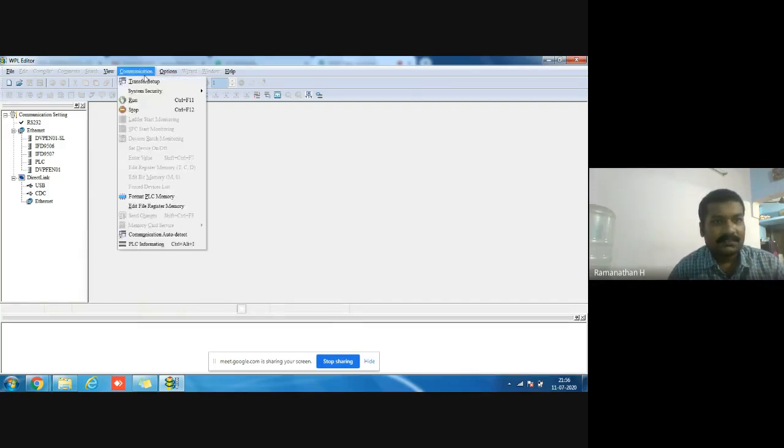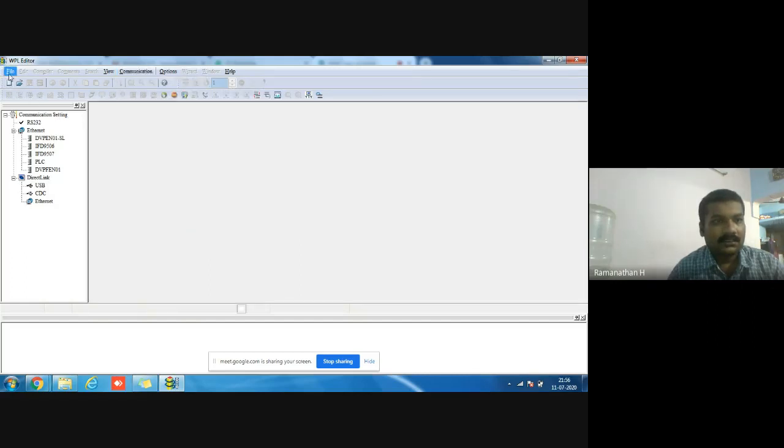The first need is the communication. Here we are using communication settings: RS-232, USB, and Ethernet. Serial is not used now. Now it's a small USB port, not like a USB charger, somewhat bigger than that, called a USB Type-C connector.